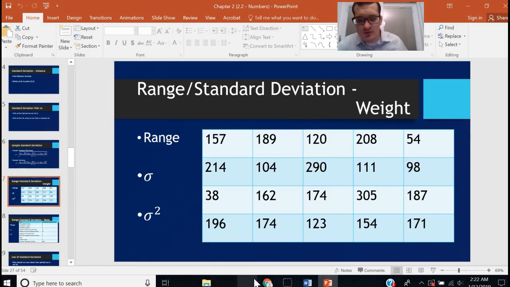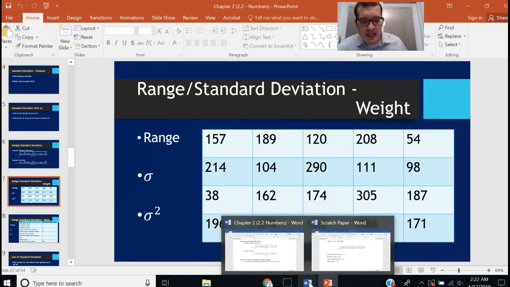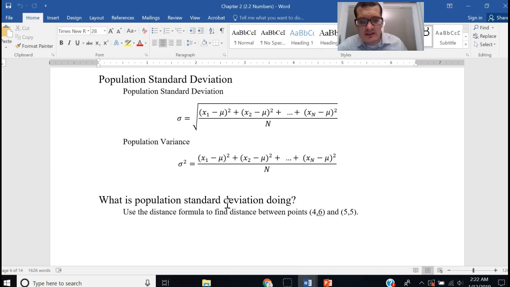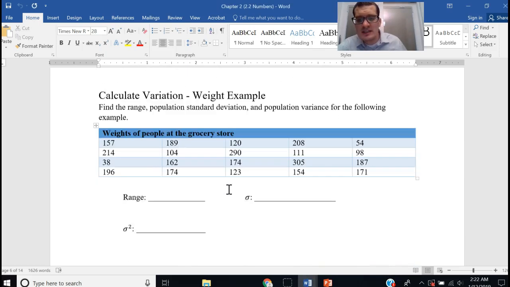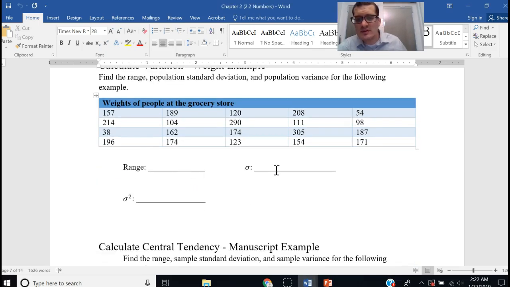Sigma is right on our calculator, and hopefully you can see that for this example, the sigma on our calculator gave us 65.19. All right. By the way, just as another side note,